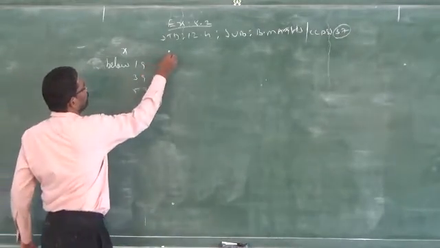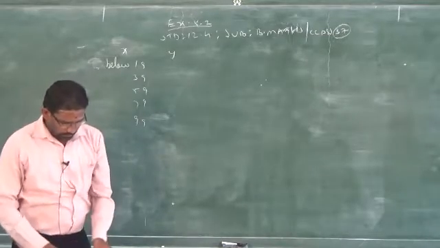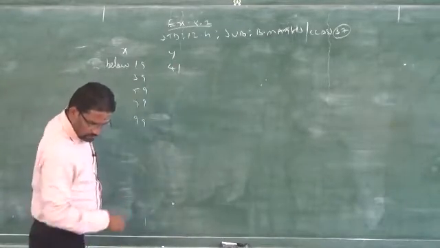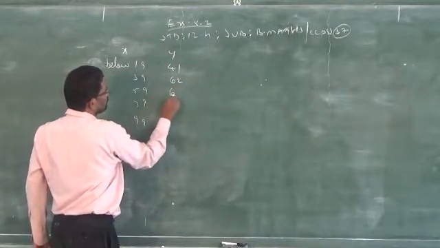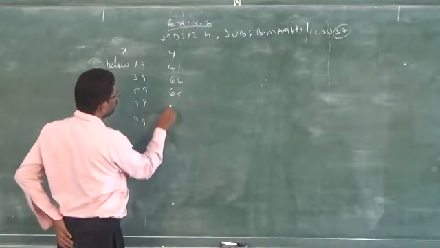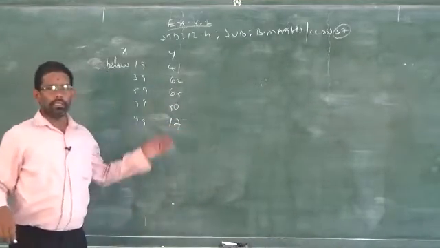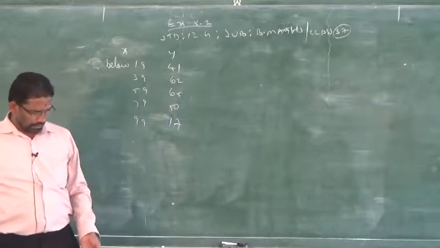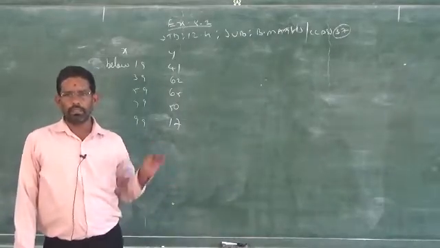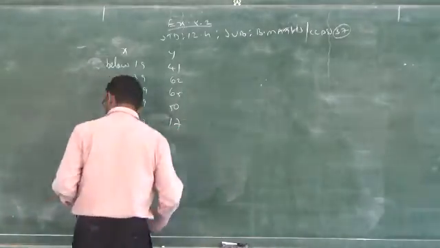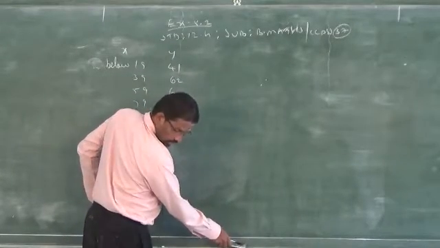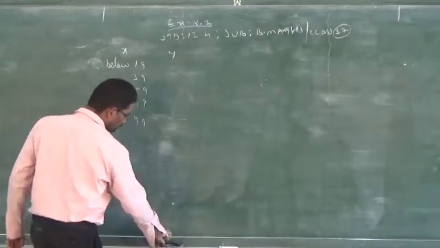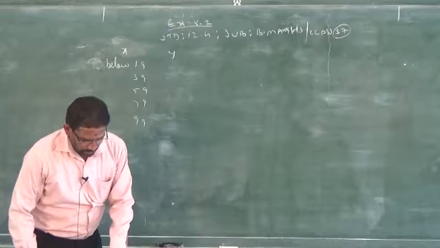Now, you have to write y. Below 19 it is given 41. The next data is 62, 65, 50, 17. If you write normally, you people have a temptation of writing the y data as it is given in the question, like the previous problem. But this is wrong, because the question is given in interval format. In these cases you don't write the data as it is, less than 19, that is 41.